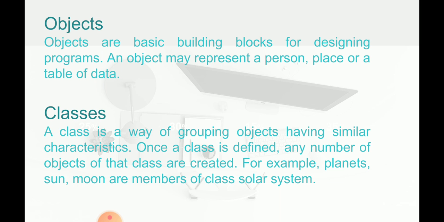So an object of one class can interact with an object of the same class. If the class is student and there are 10 students, then there are 10 objects. That is, student 1 is one object, student 2 is one object, student 3 is one object, and so on till student 10. And what will be the member functions or data members? The data members can be name, register number, course, and member functions can be get data, display data, all that. We already had these programs.